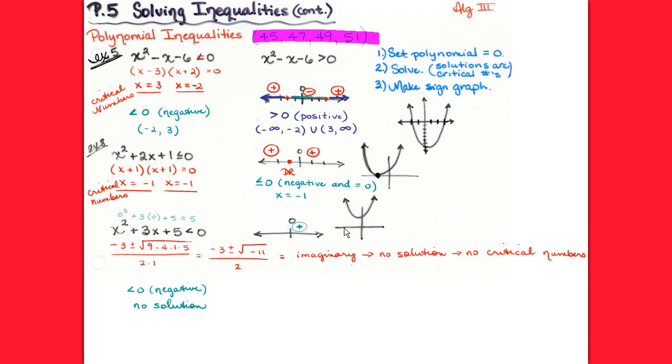What if they had asked me on this one, instead of where is it less than 0, what if they had said where is it greater than 0? What would my answer have been? All real numbers, exactly. Because if I'm looking for where it's greater than 0, where it's positive, that's the whole number line, right? Negative infinity to positive infinity. So when we're doing our homework tonight, 45, 47, 49, and 51 are going to correspond to these types of